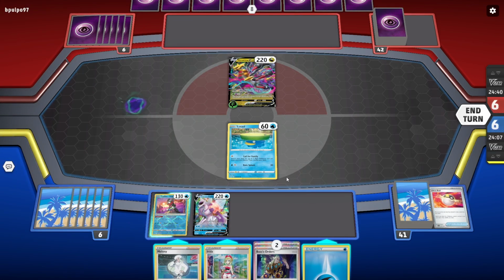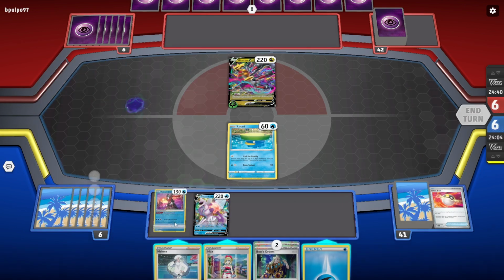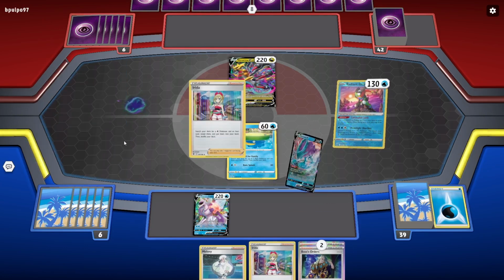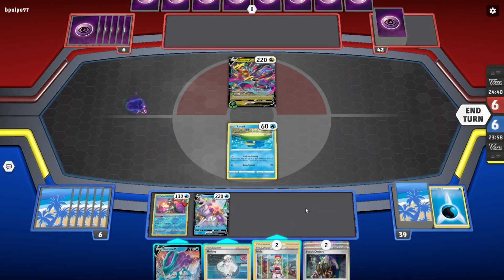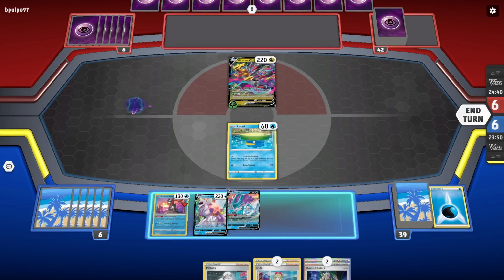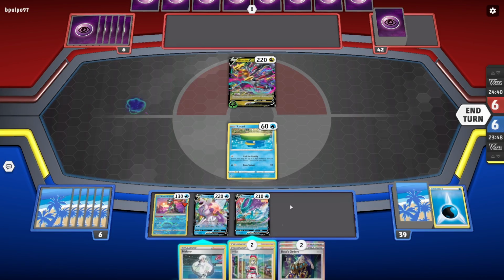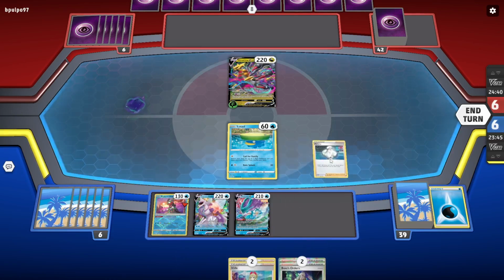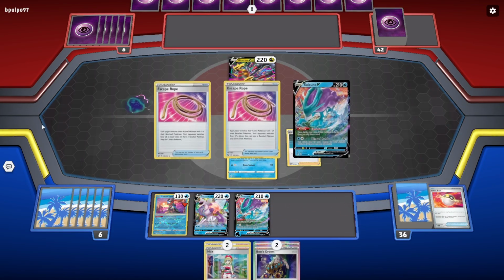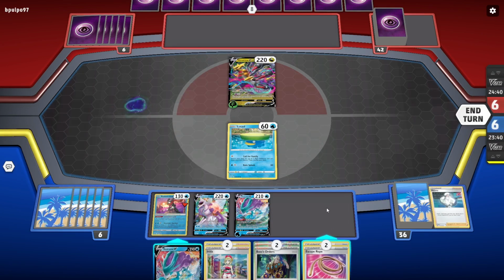let's think here. I can take the knockout with Palkia and Ludicolo though, which is intriguing, right? So I'll toss him down. I'm going to Melony and kind of hope. That's what I'm going to do. I could have Irida, which would have gotten me. So